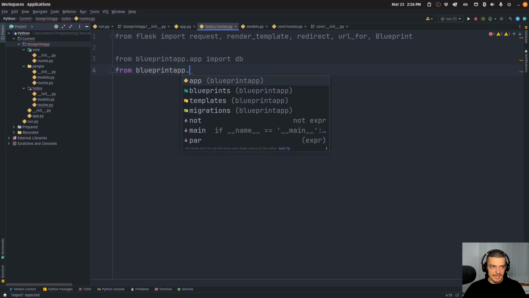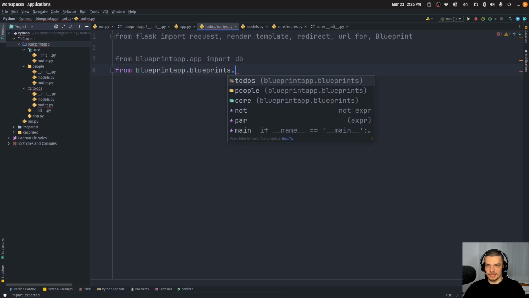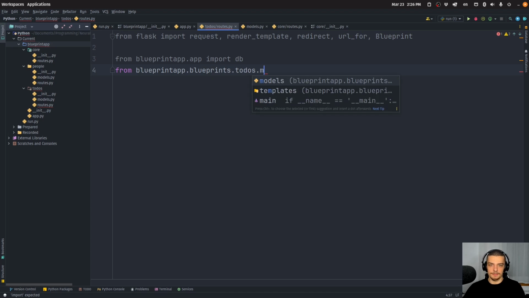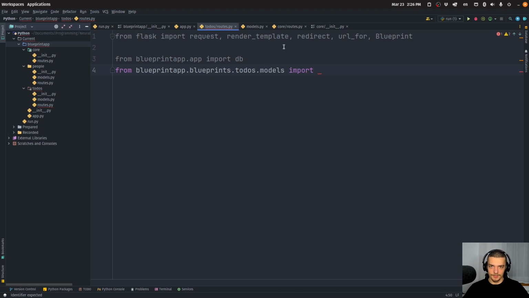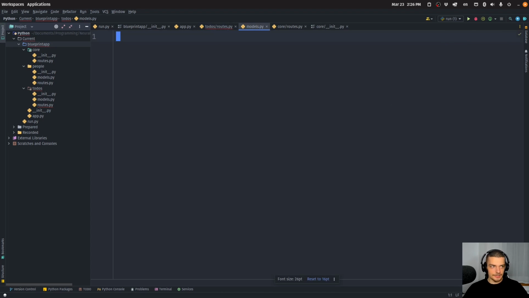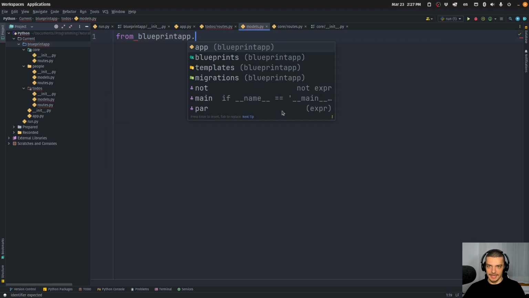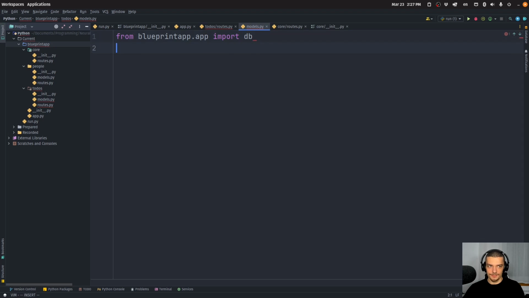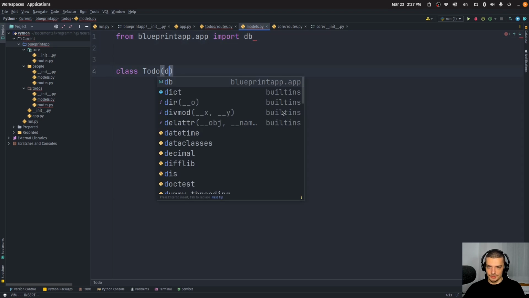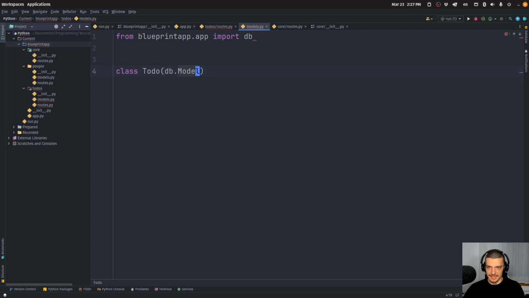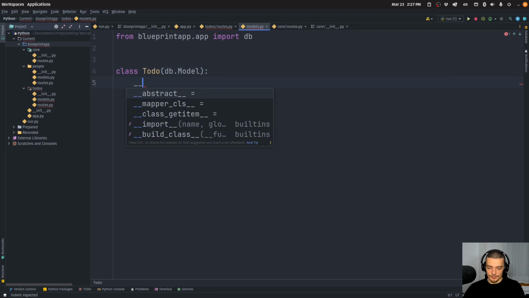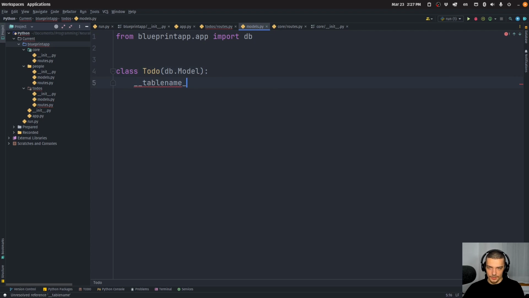So from blueprint_app.blueprints.todos.models import, and here now I'm going to create a Todo model. So this is nothing new. This is just from blueprint_app.app import db. Class is going to be Todo. It's going to be a db.Model. We did that already. Nothing new here. Table name is going to be equal to